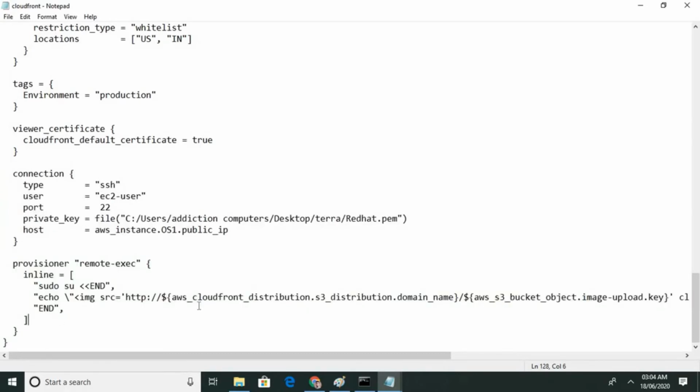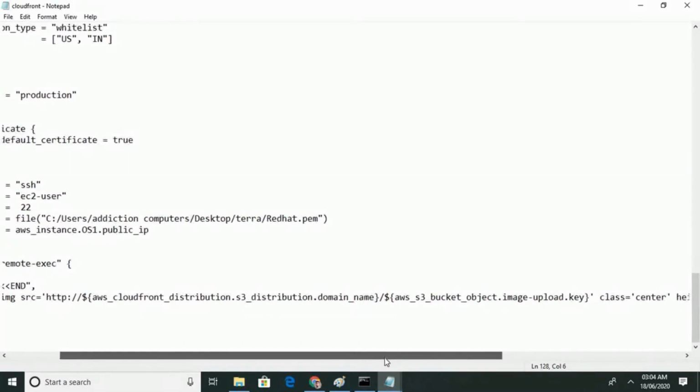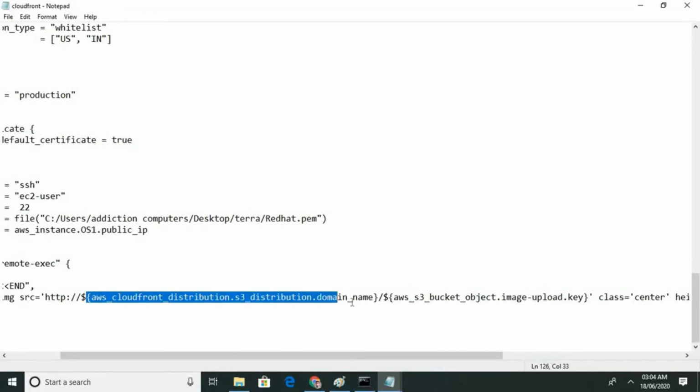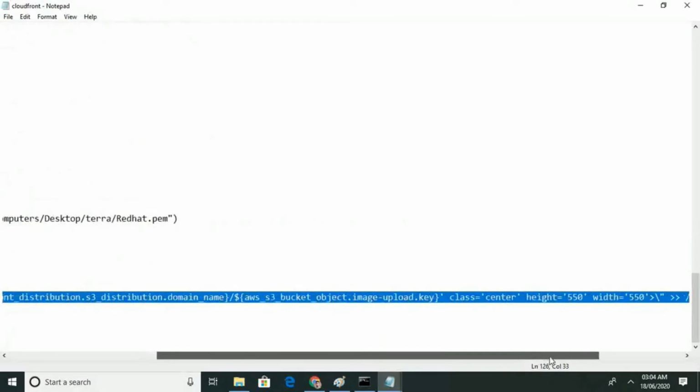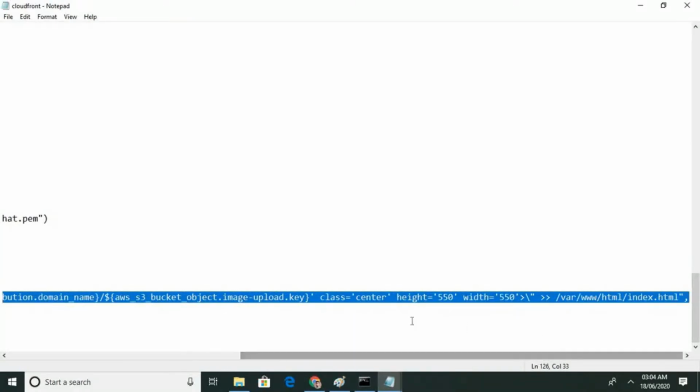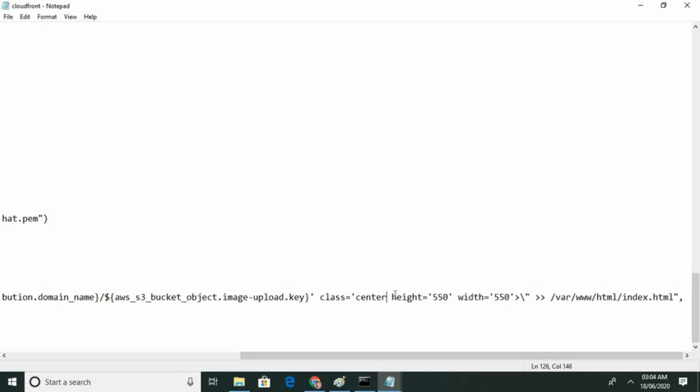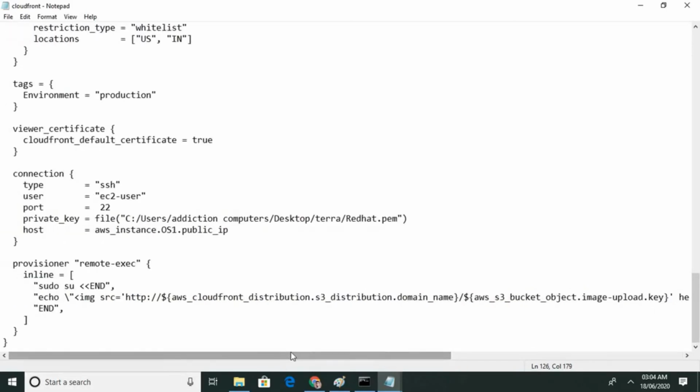It is an image source from the cloud URL; the data is coming from S3, and I have to store it in this folder, in this file. So this code is going to be added at the end of this file.